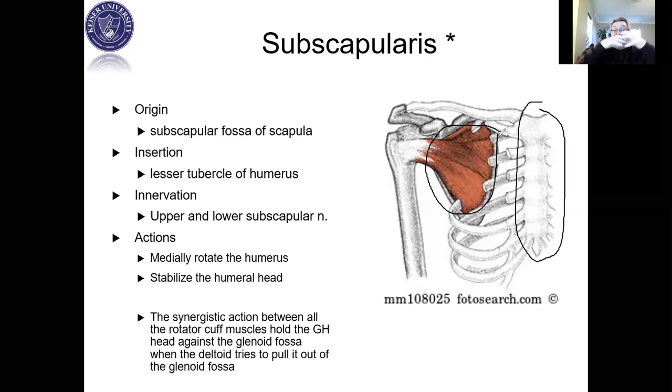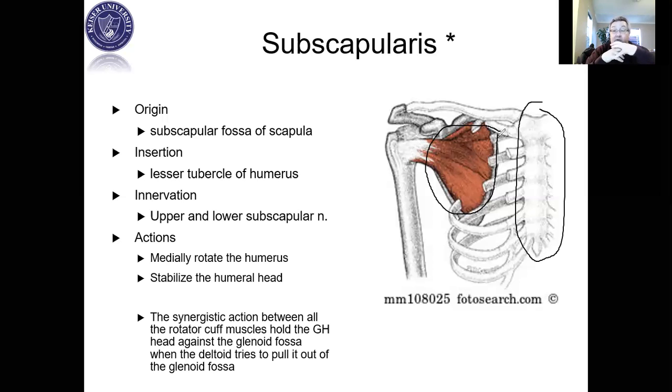So we've got these four tendons holding it in, and we've got the deltoid trying to pull it out. So that's why the rotator cuff is so important, because it's these four muscles that stabilize the glenoid fossa